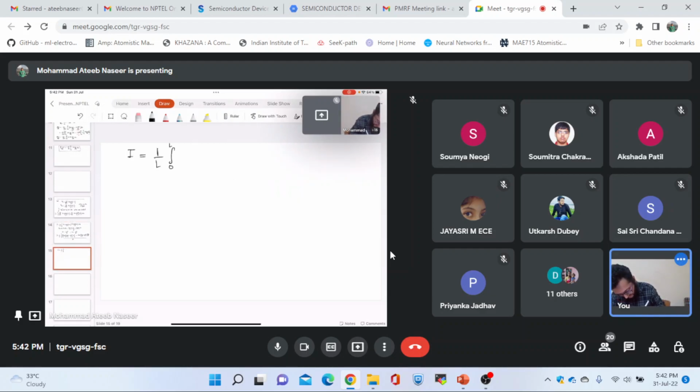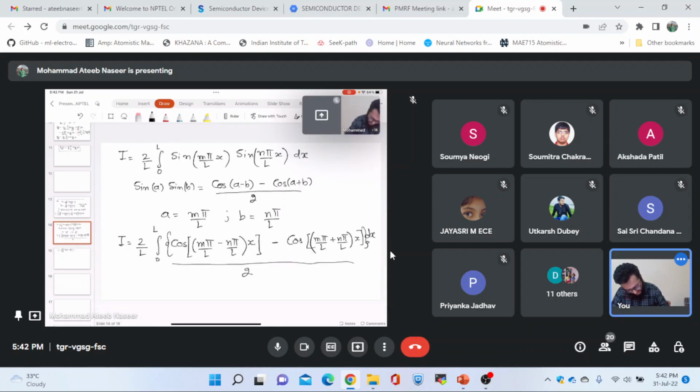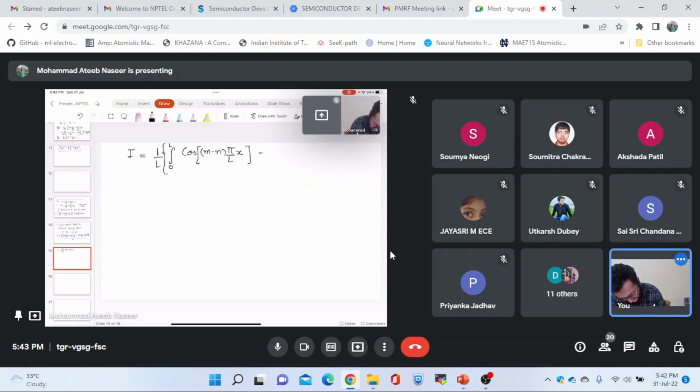We will simply write it as cos of (m minus n) pi by L x, and the second part will simply be, taking m pi by L common there as well, cos of (m plus n) pi by L x, and this has to be integrated over dx. So we have got rid of the two factor as well,